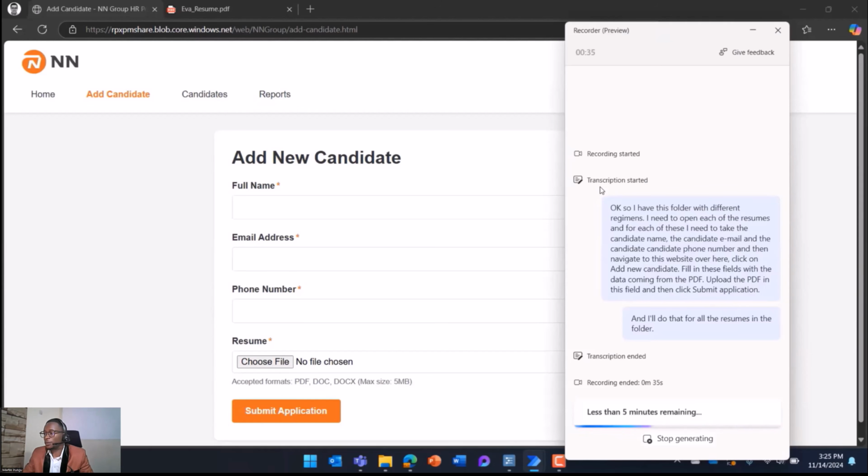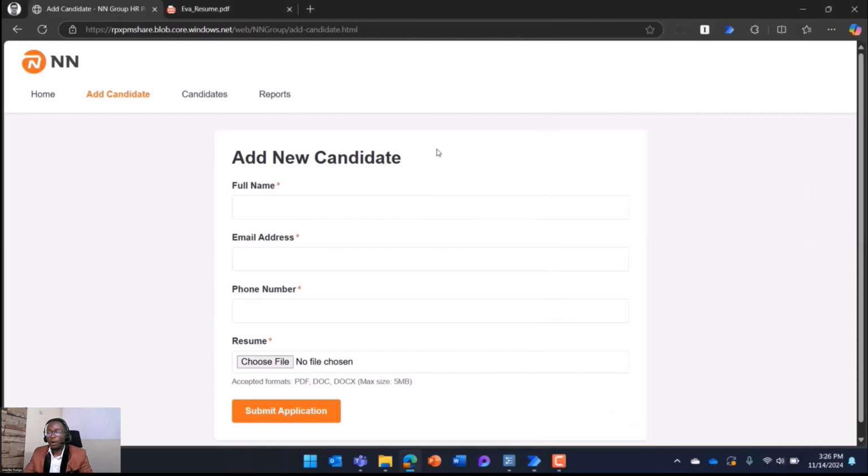We're almost there in gathering the steps. Automate Desktop will give us the steps that we have recorded, and we can edit or change or add to that. Then if we are satisfied, we just run it, and it will start running on its own. So there we go.